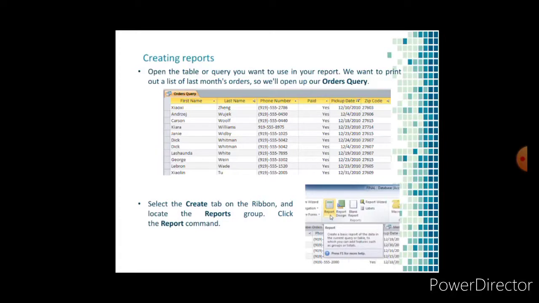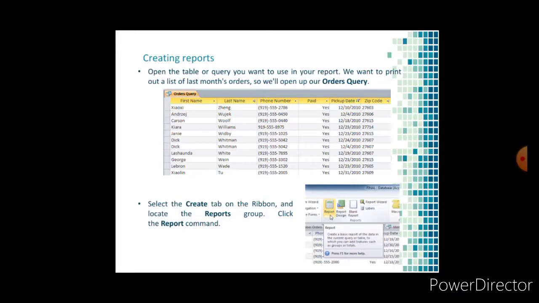Double click on Create report using wizard. On the next screen, select the fields you want to view on your report. Most of the time, you would select all of them. Click the Next button.